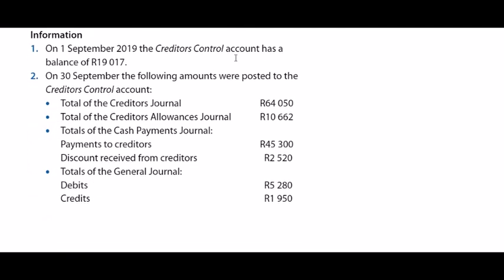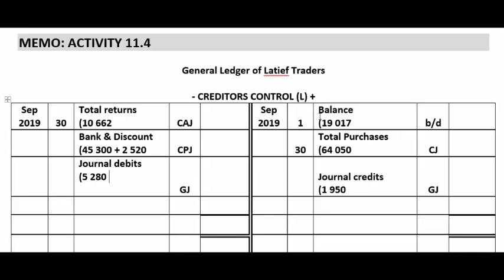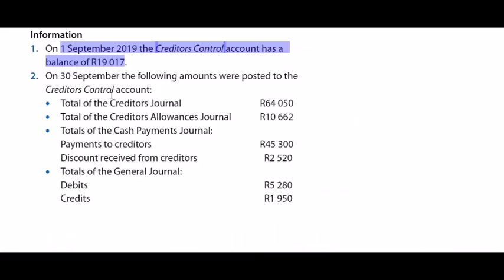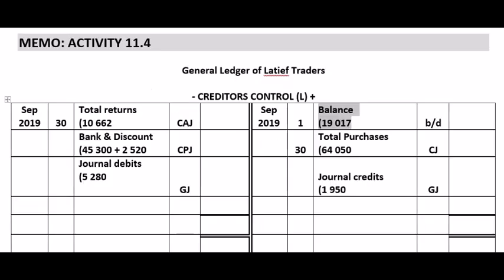And then in this part of the information, they give you everything you need to set up the creditors control account before any adjustments were made. Okay, so they give you the opening balance on 1 September 2019 as 19,017. So you go and write it in your creditors control account, opening balance 19,017. Then they give you the amounts that were posted to the creditors control account at the end of the month. Okay, so the total of the creditors journal, the 64,050, will be posted as total purchases on the credit side of creditors control,